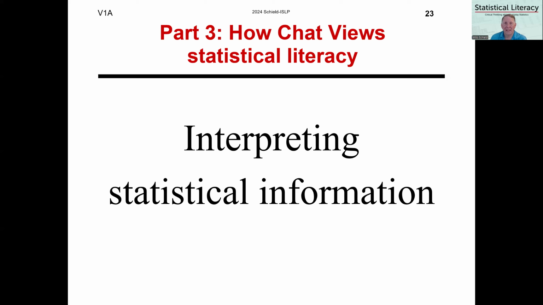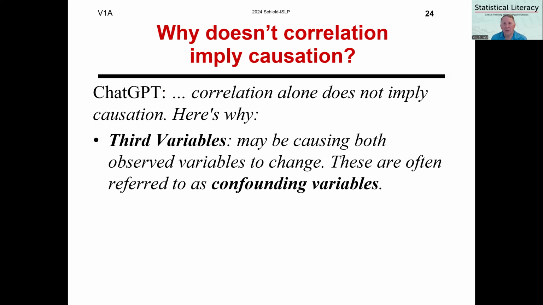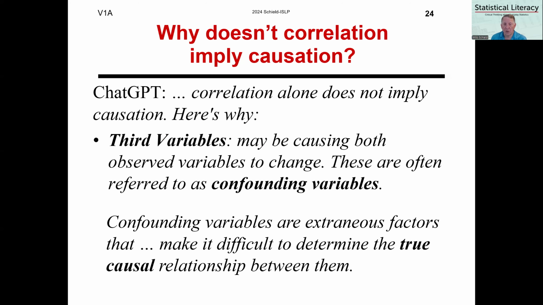Interpreting. So I asked Chat, why doesn't correlation imply causation? Chat said, here's why. It gave a list of reasons. I've only copied the first one. Third variables may be causing both the independent and dependent variable to change. These are often referred to as confounding variables, confounders. And these extraneous factors make it difficult to determine the true causal relationship between the independent and dependent variable. I thought, well, this is important. Our students should know about confounding. But Chat,